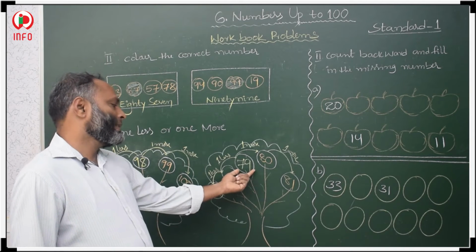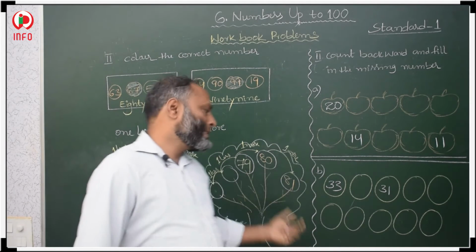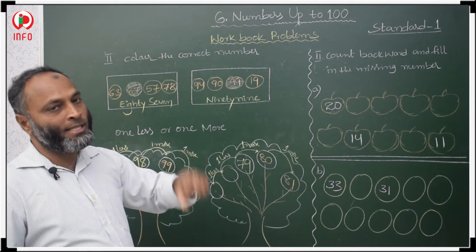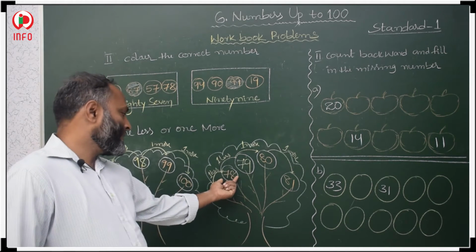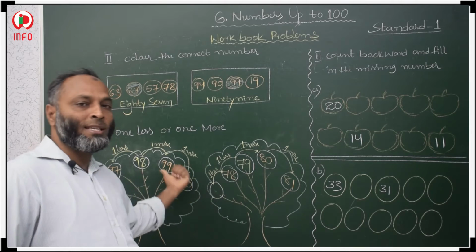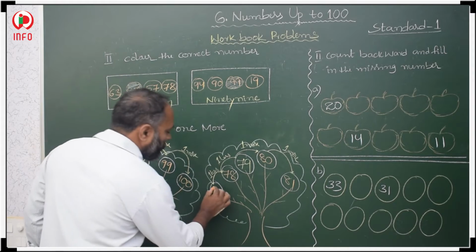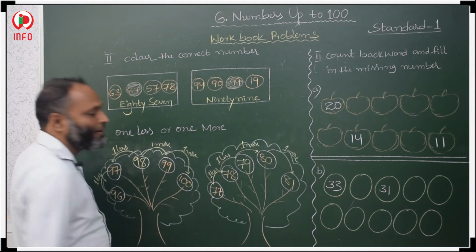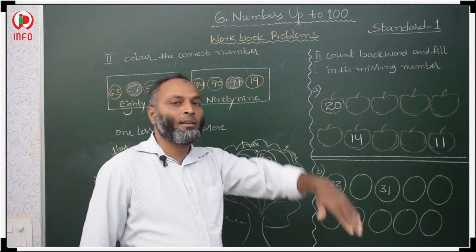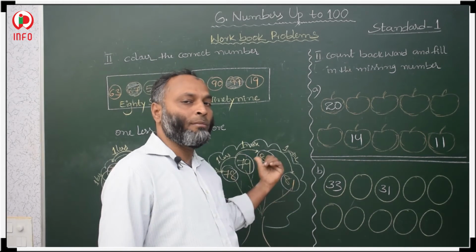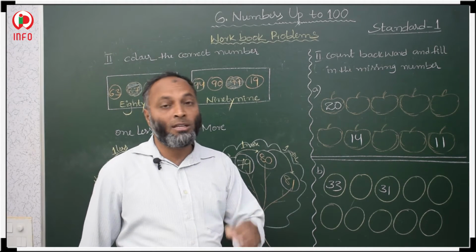Next here 79, the same number, one less. On the left side, one less means before number. 79 before is 78. And 78 one less again, the before number is 77. So like this we have to write one less and one more. More means after, less means before. In this bit, two more questions were there, two similar questions that you have to do as your